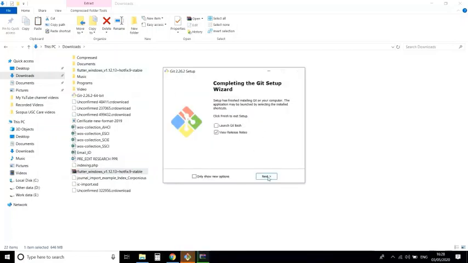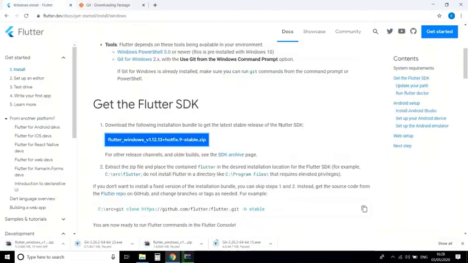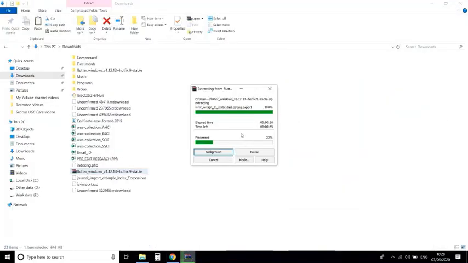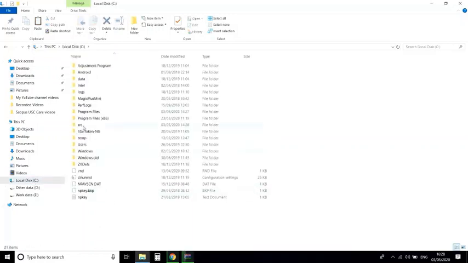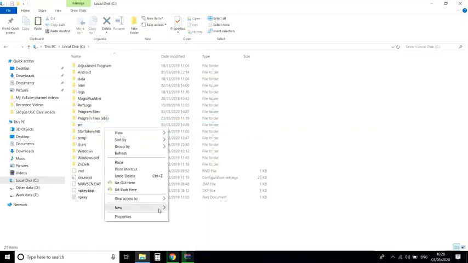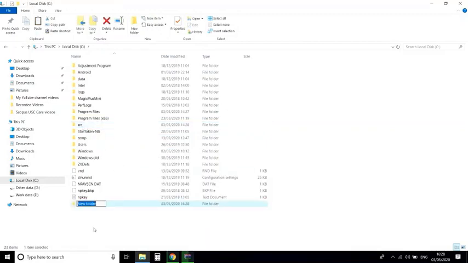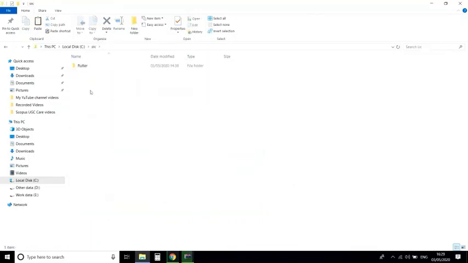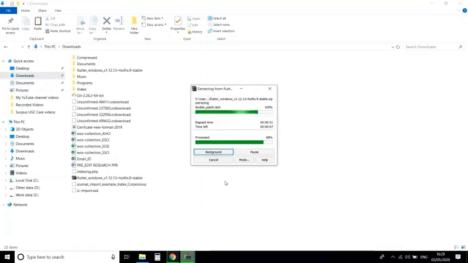Okay, now the unzipping is going on. After unzipping this complete folder, just go to C drive, create one folder with the name src, that is source. Create this one folder src. I already created this on my C drive, src. The folder already exists. After that,